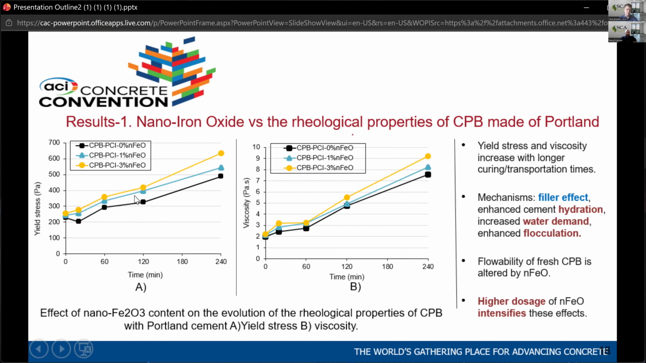Here you're seeing the first three samples, comparing how the effect of nanoparticles is. So there is no slag in these ones. They're all cement in the binder. 0% of the binder is nanoparticles. 1% of the binder is, not of the CPB, it's of the binder, nanoparticles. These are iron. I show you both iron and